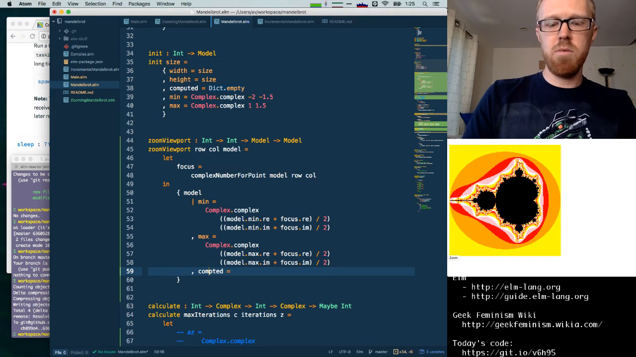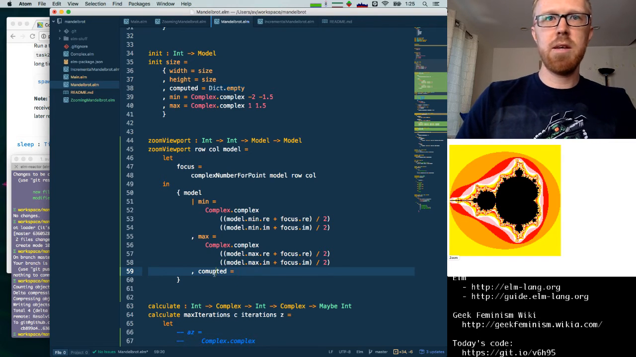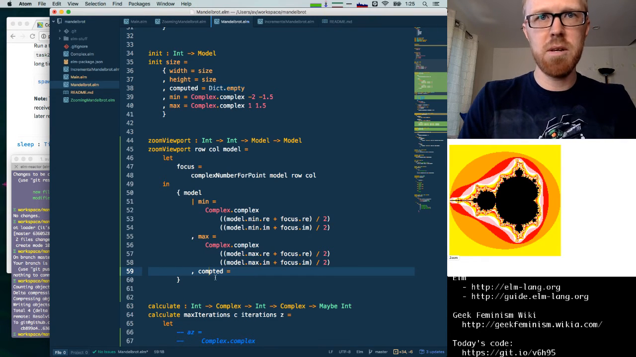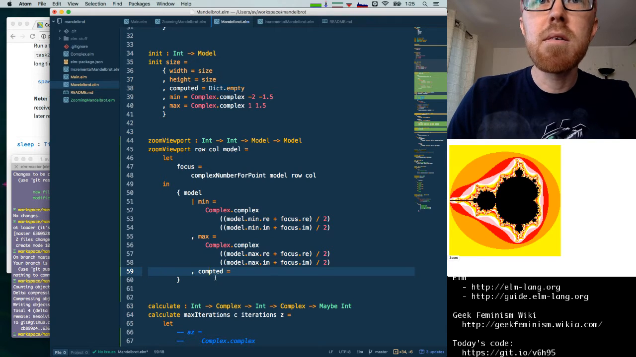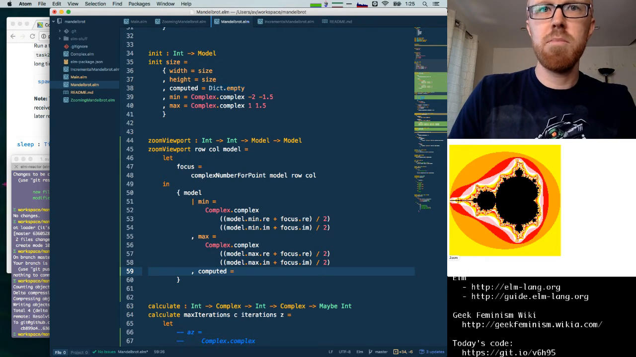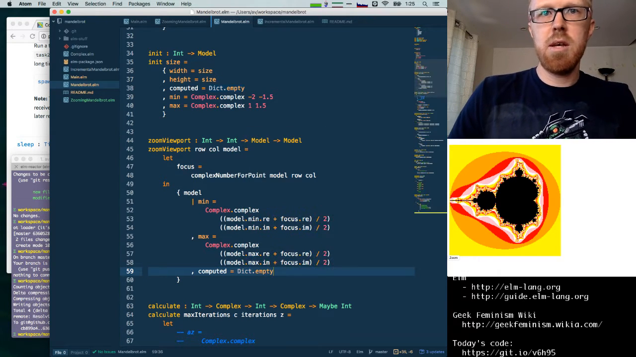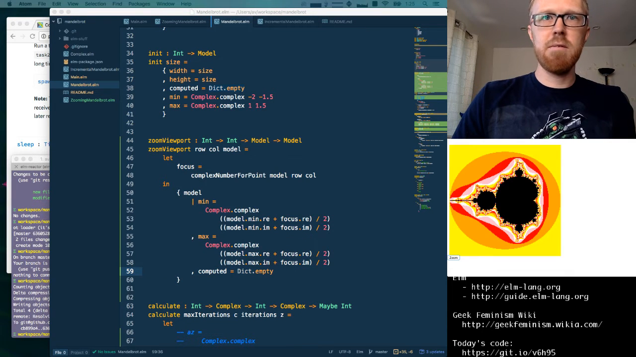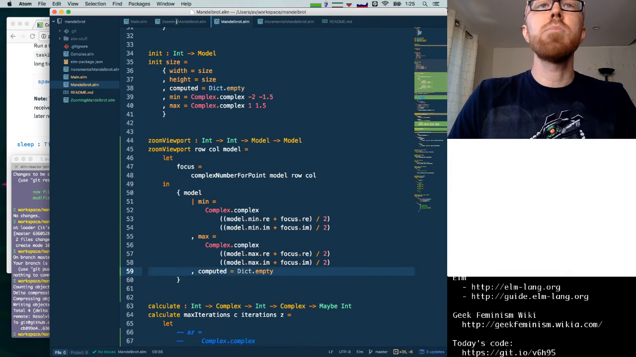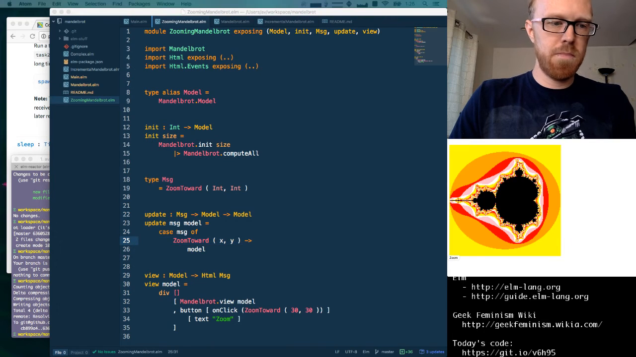And potentially we could do something sophisticated, like check if any of the pixels match up and scale the data to be the previously computed value. But I'm just going to empty out the computed data for now. Means in our zooming version,